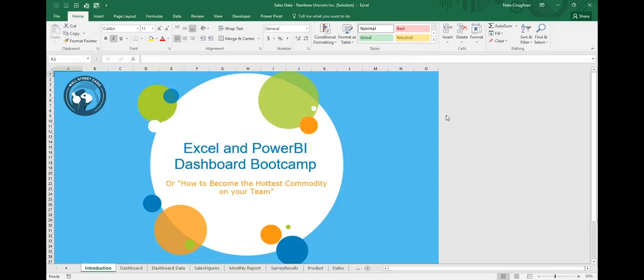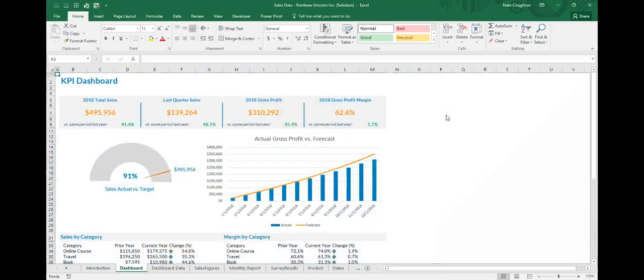So don't worry about actually being in this workbook. You can just kind of watch for right now. So here is the dashboard that we are going to be creating. Now, there are three extremely important things about dashboards that every dashboard you create needs to include, or at least incorporate in it. The very first thing is you need to make sure that your dashboard only includes the